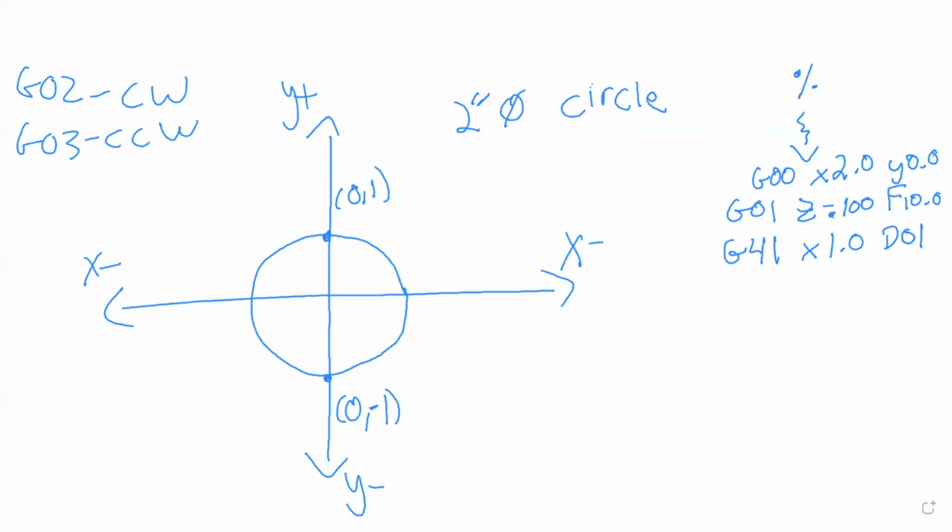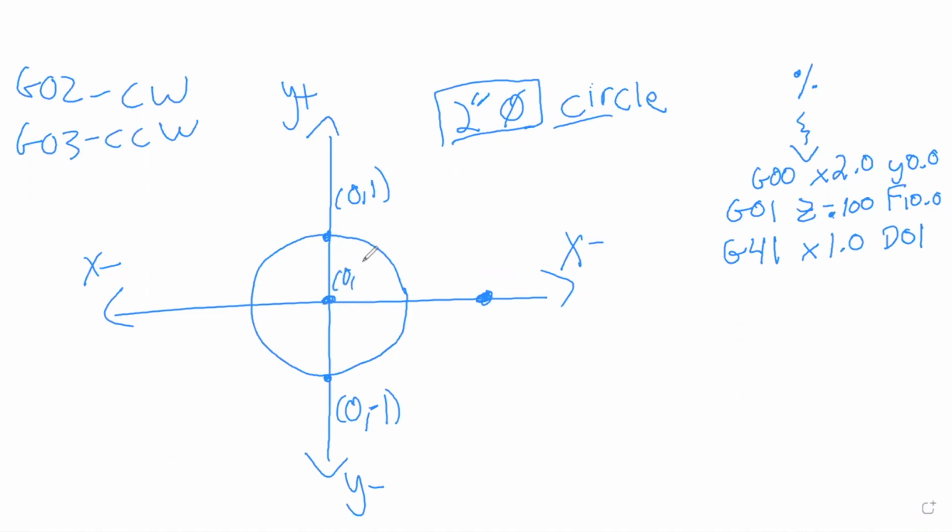All right. So here is our workpiece. It is a 2-inch diameter circle. And I've started our program over here. Here's the beginning of the program. And I fast forward. Now I am going to rapid to X 2.0, Y 0.0. So I'm out here in space. So if this is a 2-inch diameter circle, that means that if this is 0,0, this point right here is going to be X1,